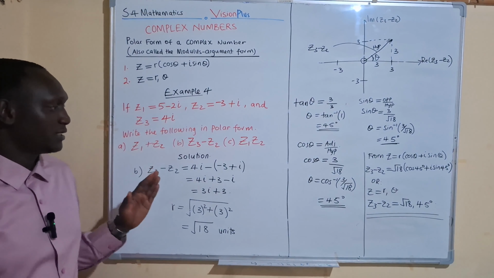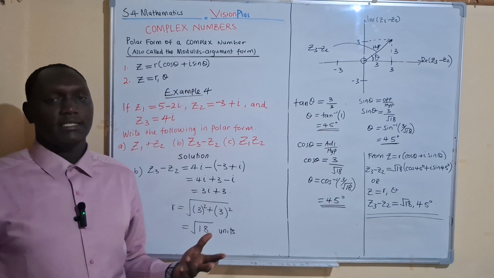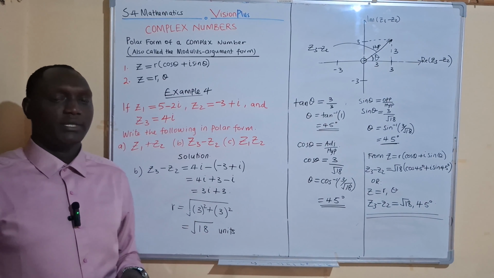After getting the angle, which is the argument or the principal argument, then you just come and substitute in the general form of the argument of the complex